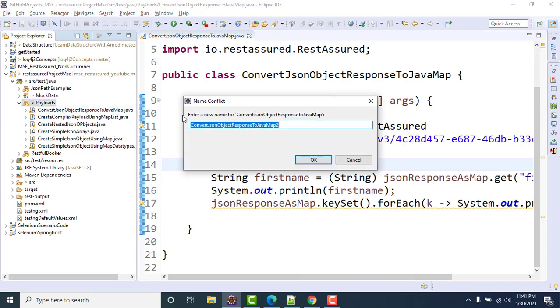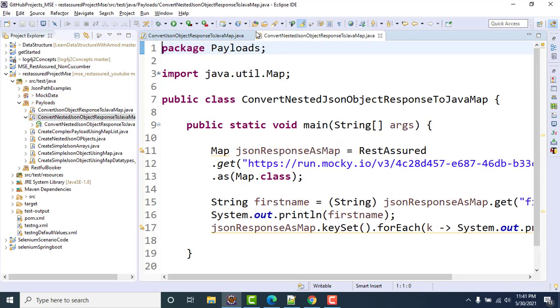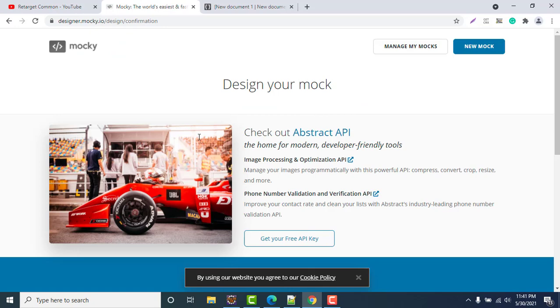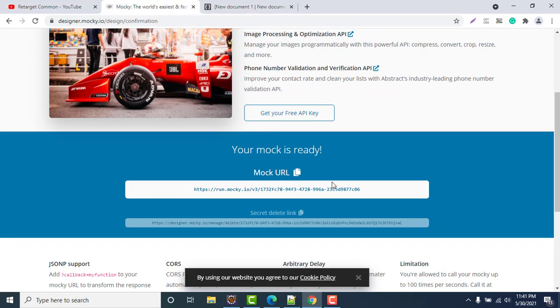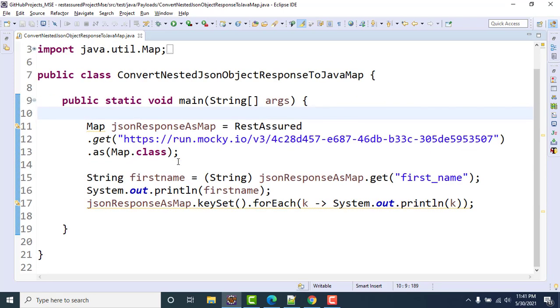I will just name it convert nested JSON object. So here it is. Let me close the previous one. Let me copy the mock URL and change it here.